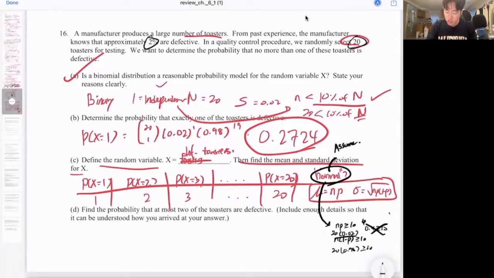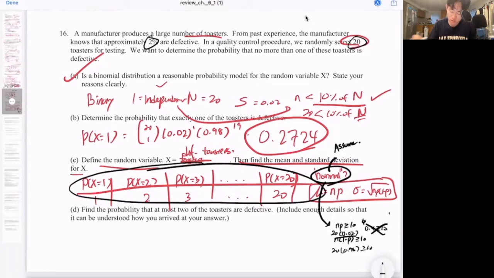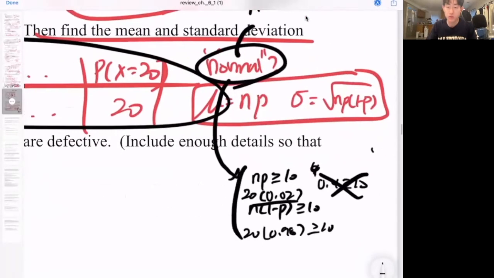But then find the mean and the standard deviation for X. If I ever give you a question like this, because I can't assume normality, I would have to use this table format, but it takes too much time here. In this video, obviously I can't show you that, but maybe I can do it on my own time, and the values of your mean and standard deviation will be very close to this anyhow. So we are going to figure out np and n times 1 minus p.